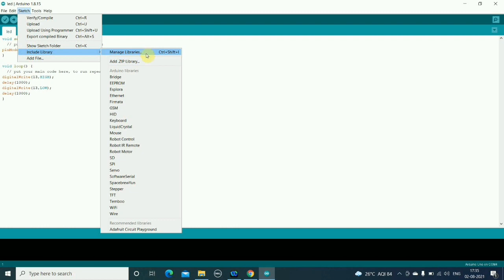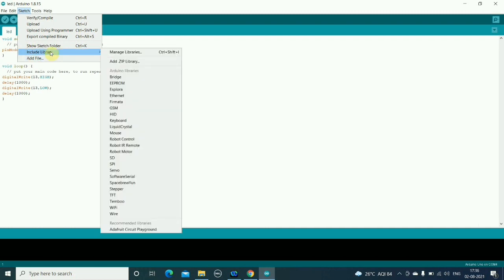In the second case, that means if you have already downloaded your libraries in the pen drive, if you have it with you, then in that case you just give the path and just click on add zip library. So basically, if any new device is there, then you can add the libraries of those devices by using either manage libraries or add zip library.